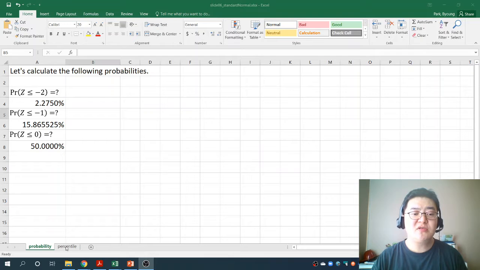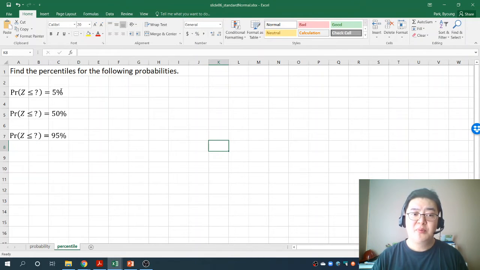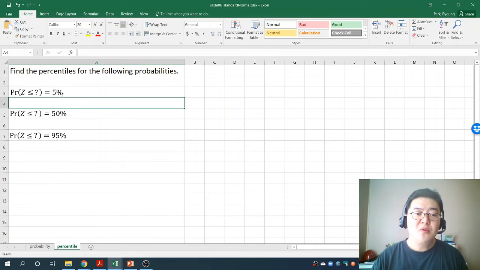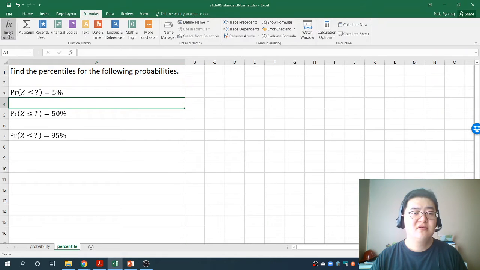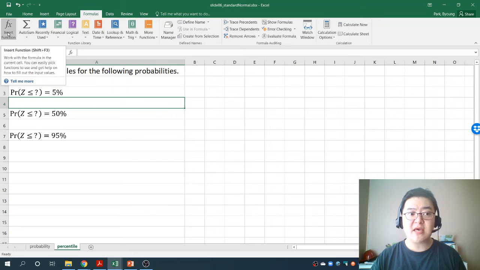Now suppose that the probabilities are given, but the value is not given. So what you want here is the value that makes the cumulative probability equal to the given probability. It could be 5%, 50%, or 95%, like three examples. Actually it is easier than the previous case, because